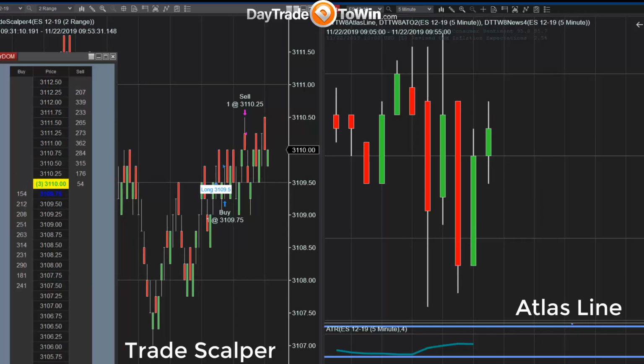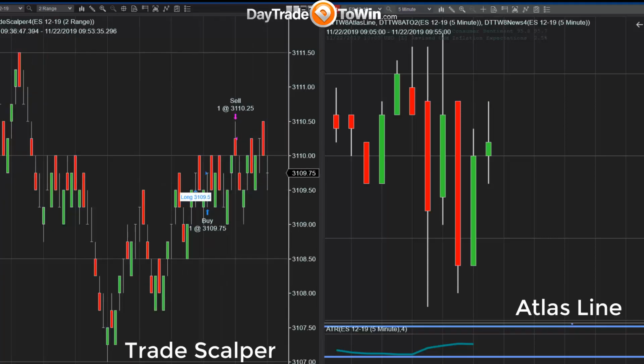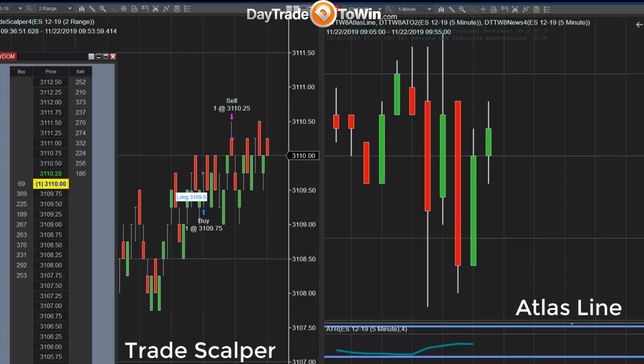Okay, I'm going to get back onto limit orders and market if touched orders. The idea behind a market if touched is to get out of the trade and to get into the trade. So recently, instead of me waiting for my limit order to be filled, I'm using market if touched orders, even though I may get a tick of slippage, or a better price, or the exact price. Even though I understand that that's something that I have to deal with, I'd rather be in and I'd rather be out. So I'm recommending, you can definitely use limit orders if it's right for you, but I'm recommending that